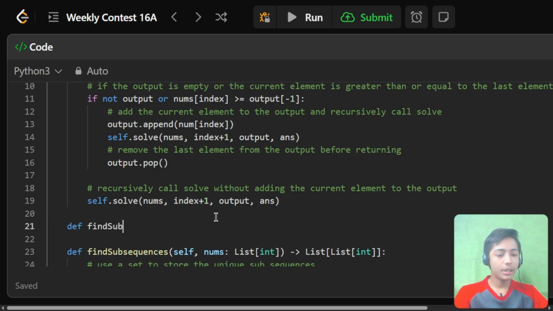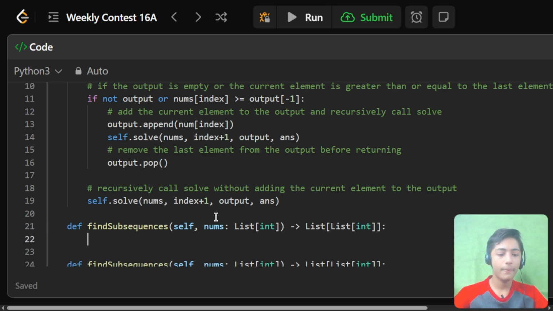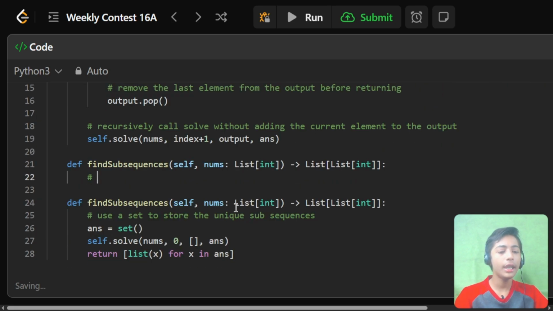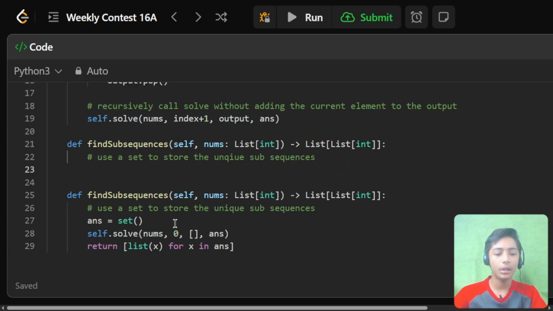Def findSubsequences(nums: List) -> List, and enter. Now here I use a set to store the unique subsequences, okay.